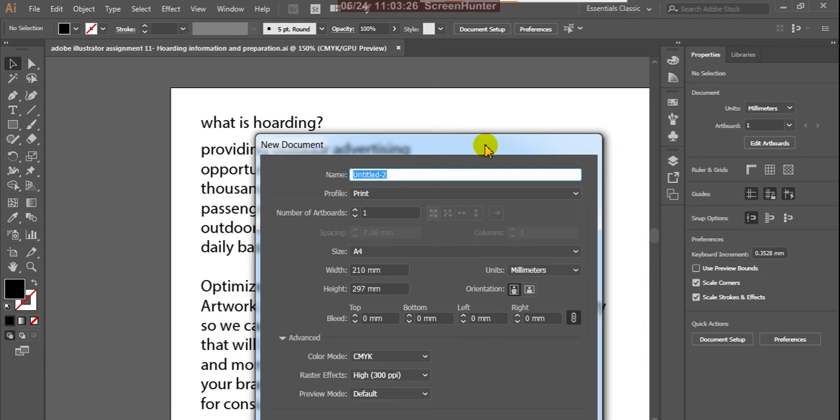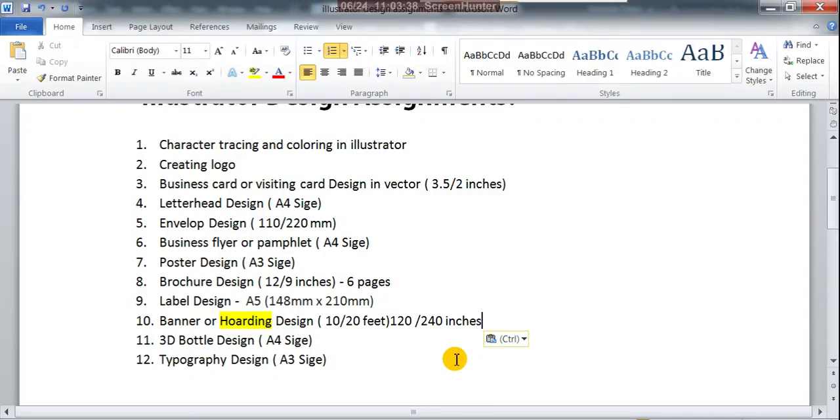The file may show errors, and saving and exporting give many problems. So that is the reason you cannot place 120 by 240 inches.